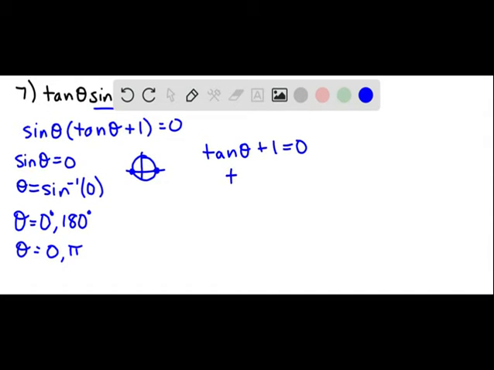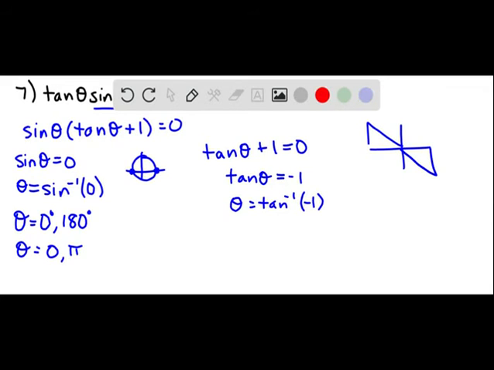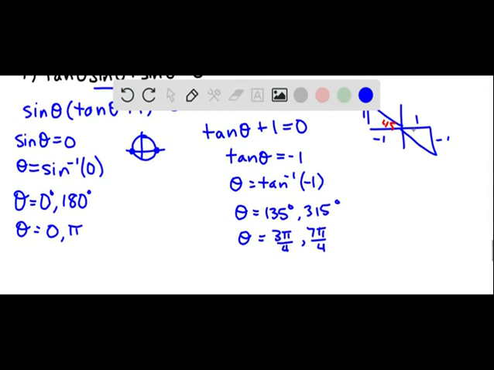And now for the second equation, subtract 1 from both sides, take the inverse tangent. Where is tangent equal to -1? That would have to be quadrant 2 and quadrant 4, and that would be a 45-degree angle, so that we would get a 1 and a 1. Okay, so that would be 135 degrees and 315 degrees. So in terms of radians, we have 3 pi over 4, and we have 7 pi over 4. So for part A,